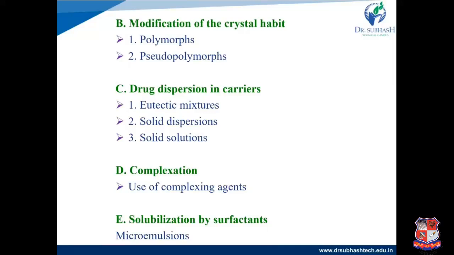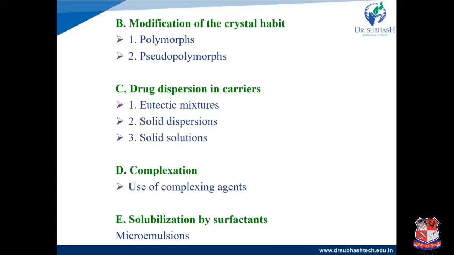Second approach is solid dispersion. It is the dispersion of one or more active ingredients in an inert carrier in a solid state. In an inert carrier we can use, for example, urea. Solid dispersion is prepared by the hot melt method, solvent evaporation or co-precipitation, or hot melt extrusion methods.